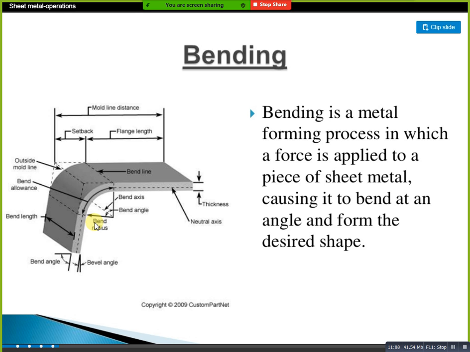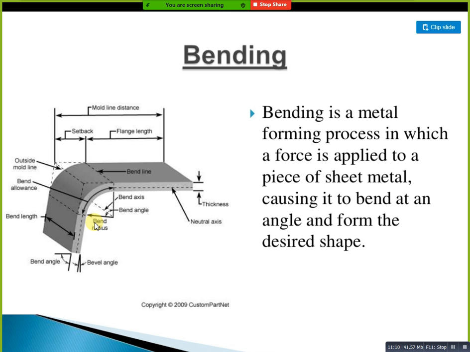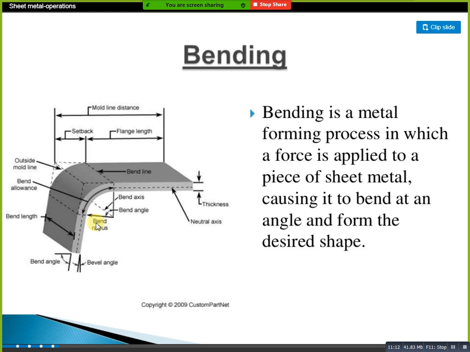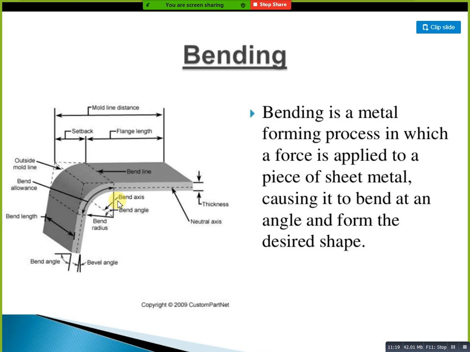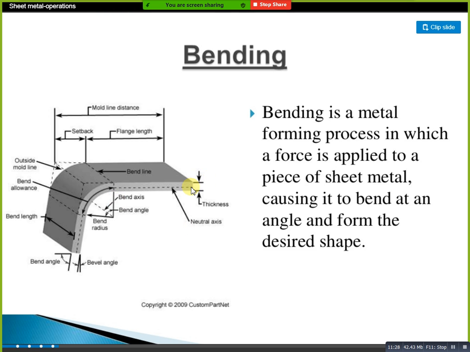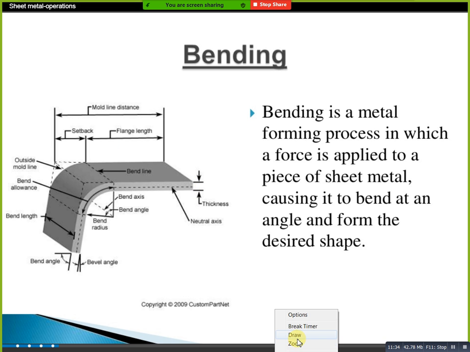And this is the neutral axis. Neutral axis means when you apply force, the neutral axis also varies. But if we have the same flat length, the neutral axis stays at the middle of the sheet. Next, here we have the thickness of the model, how much thickness it is, 2 mm or 3 mm. For example, I'm showing one thing: this is our sheet. I'm taking one straight sheet. Here you can apply one point load like this. Okay, you can see the side view like this.